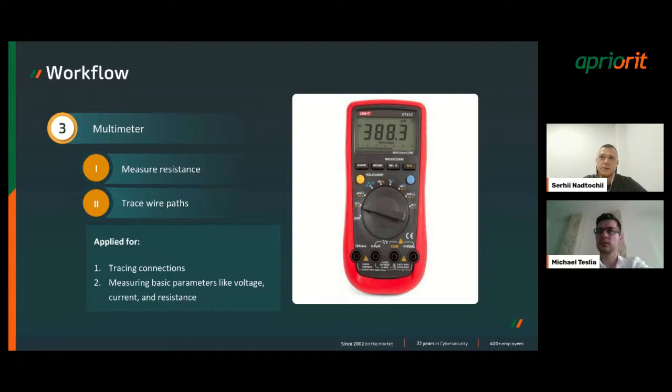They can be multi-layered, for example 6 or 7 layers, and you cannot even see some layers because they are internal to the PCB, so you cannot see them with the human eye. This kind of tool helps us trace those wires. We can point at places and understand whether these points are connected or not. It is also good for measuring basic parameters, as I said, like voltage, and understanding which voltages are allowed on some ports, interfaces, or external places of the device.